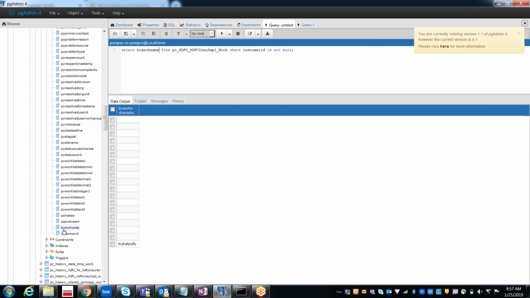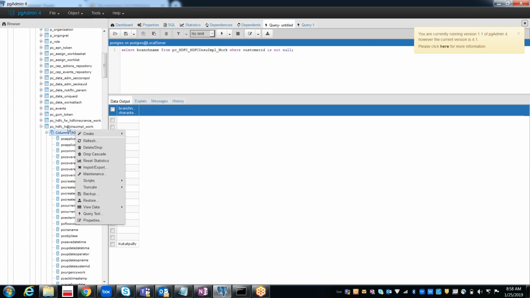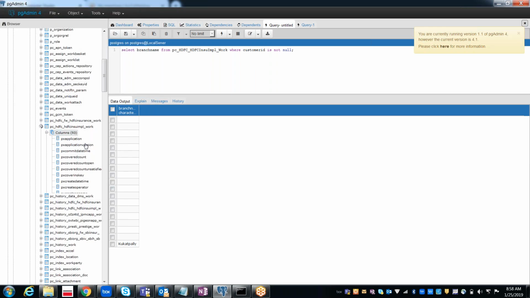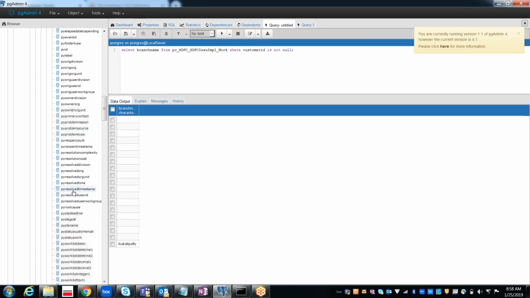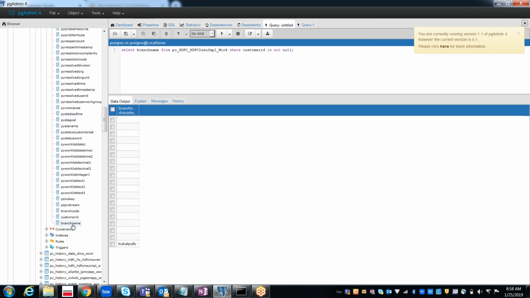So earlier we did not have branch name. Let's refresh here. See, we also got the branch name. Likewise, you can expose the property and you can see the separate column in the database. Earlier branch code, now branch name.